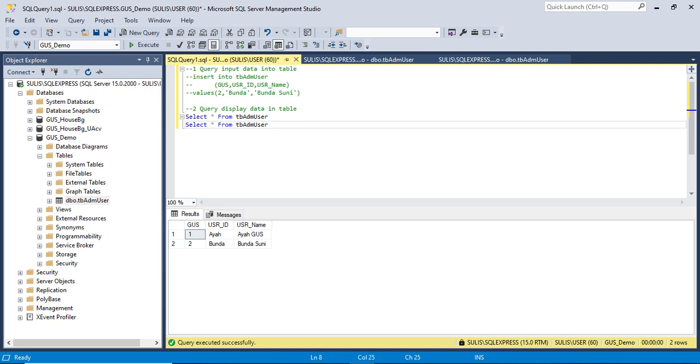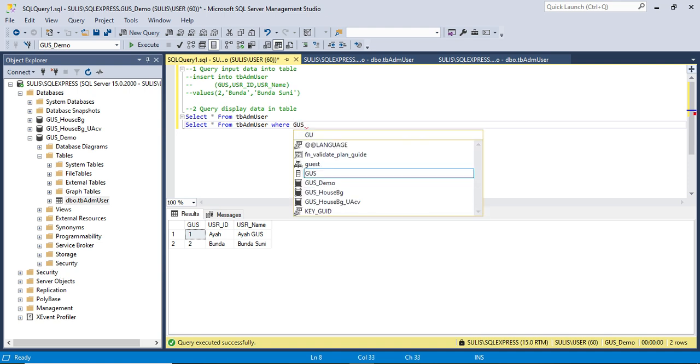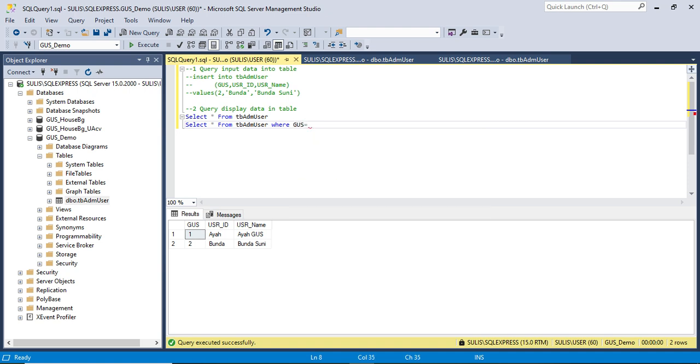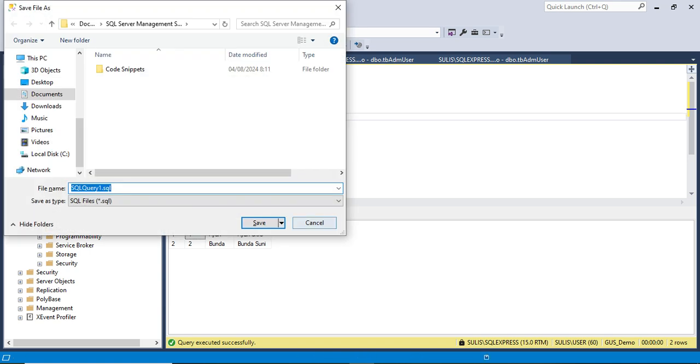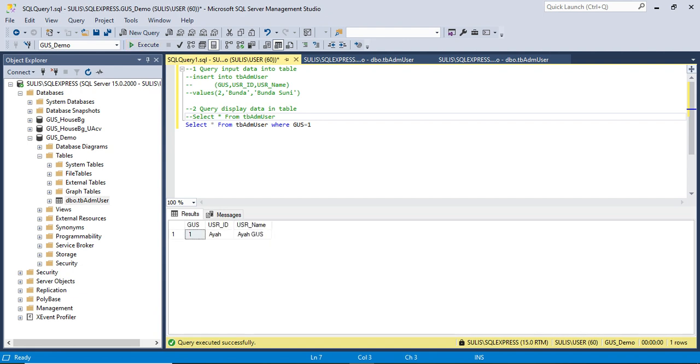For example, I only want to display data number 1, USR ID 1. So we have to complete this query with where the column name equals 1. Now let's execute. You see, the data displayed is where USR ID equals 1.